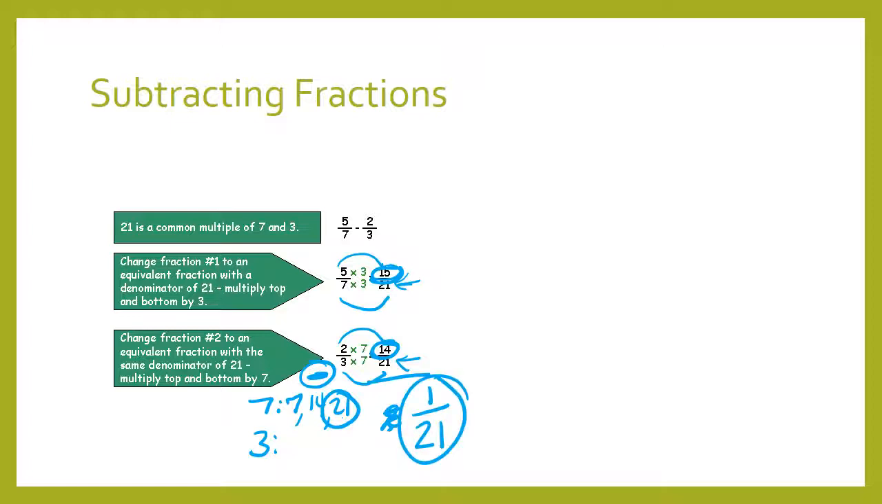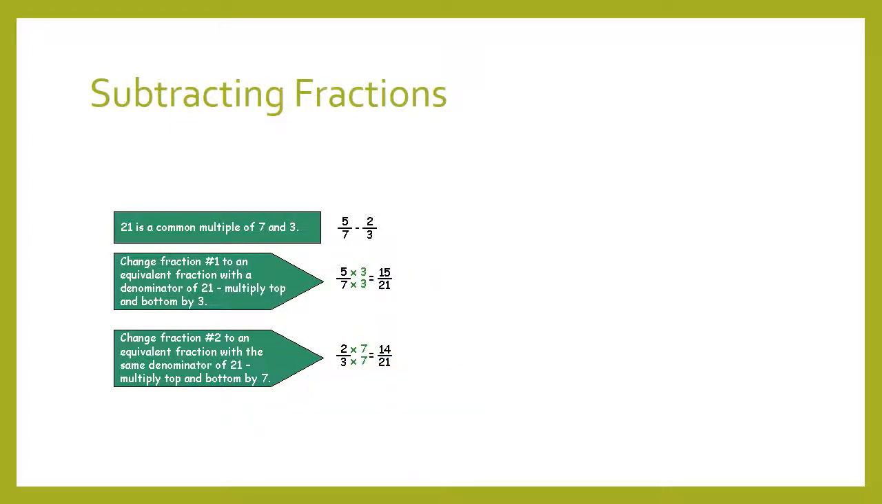Now this is already in simplest form because it is a unit fraction. Remember, we've learned anytime there's a 1 as your numerator, we call it a unit fraction, and it's already in simplest form. So let's try another one. Let's say that I had 7/12, take away 1/3. Well, since the denominators are not the same, I would